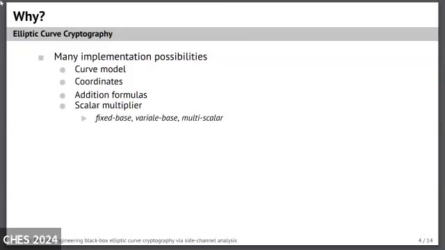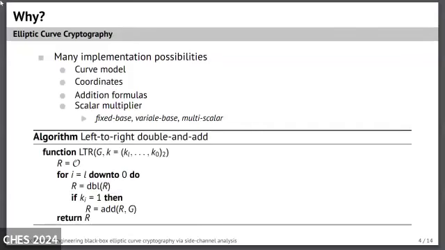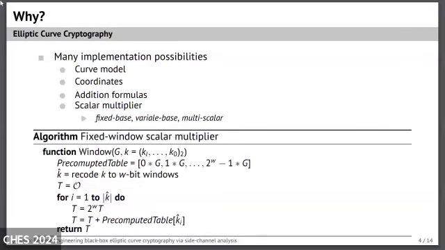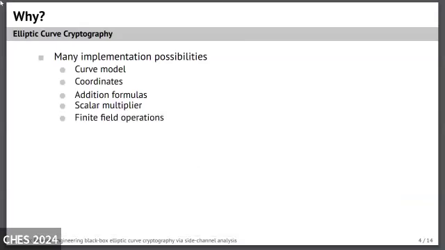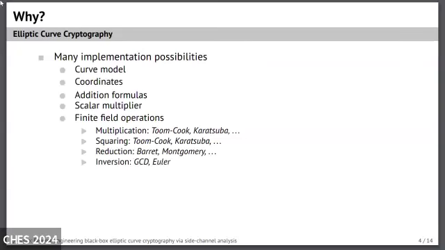The scalar multiplier, right? You probably need a fixed base multiplier, variable base multiplier, maybe a multiscalar one for ECDSA. You have lots of variants, simple double and add. You can do windows, you can do combs. There's just a ton of stuff there. And finally, the finite field operations. So the lowest level stuff, right? How you do multiplication, how you do squaring, how you do reduction, and inversion. I think the inversion part is kind of popular these days lately with the UC leak attack on the GCD